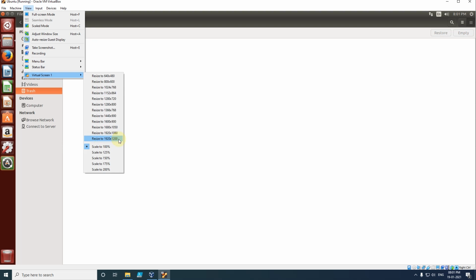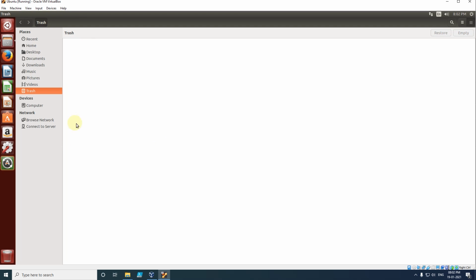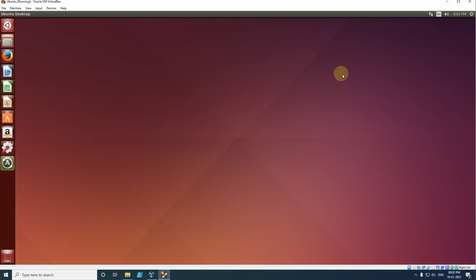So automatically our Ubuntu window will be resized to the screen size. And now if I want to shut down this system, I will go to the right side here, click on this power button, and here in this one we have the shutdown option. So after I click shutdown, the machine will be shut down. So just try this one.